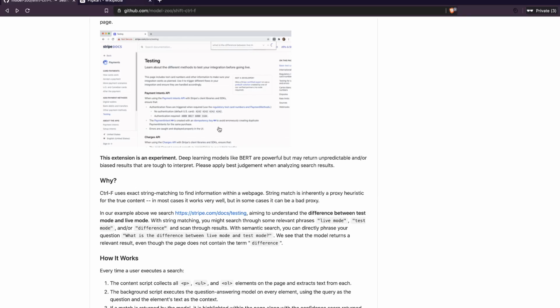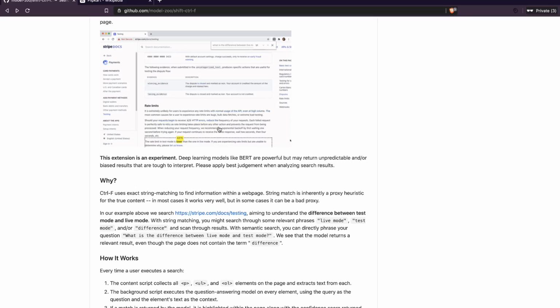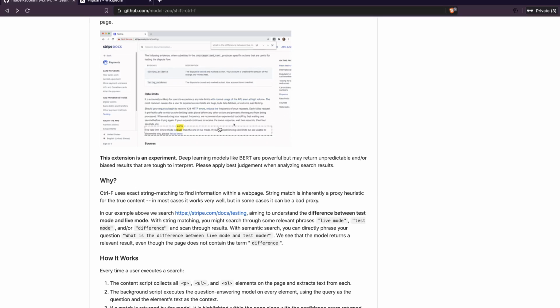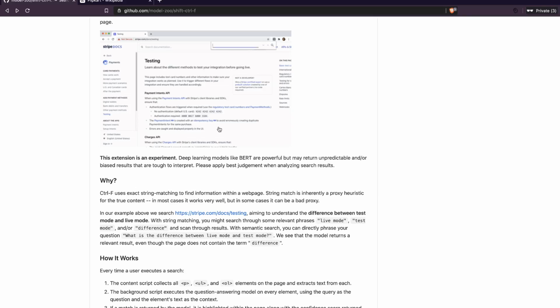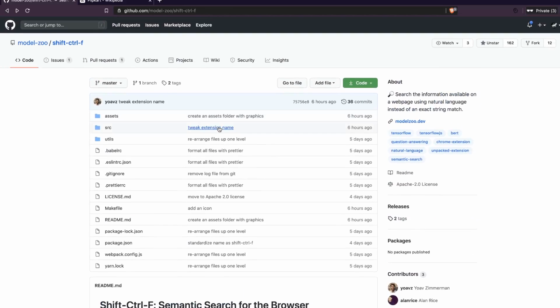So overall this extension does a good job. For me, I had only the problem with latency. It actually took a lot of time for me to show the answer. It could possibly be because my computer is too slow, or it could be something else. But I would request all of you to try it out. It's a wonderful project, and it is a direction that we should actually be taking.